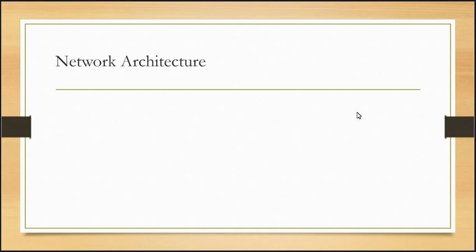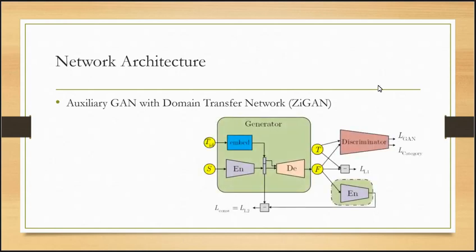But to utilize the augmented dataset we mentioned before, we need a refinement of the structure of the generator. We borrowed the idea from auxiliary GAN and the domain transfer network. Here is an image to illustrate the structure, and we call it ZGAN. It has a bottleneck generator. Also, it has a style embedding matrix, and so we train ZGAN with paired data regarding the